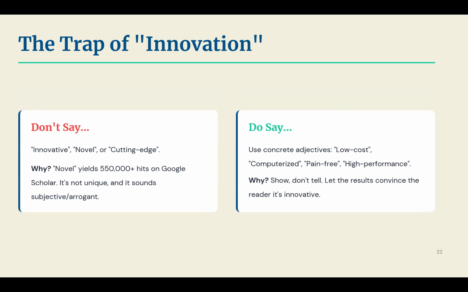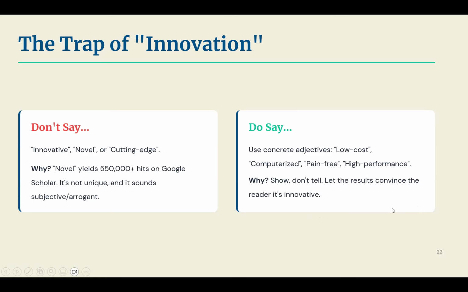Do say instead like this. Use concrete adjectives to indicate what you are doing. You can show the cutting-edge nature of your research by adding concrete adjectives to tell specifically what you computerized. When you say computerized, it's not about manual methods, right? When you talk about pain-free, it's about not so painful. They actually show your results and convince the reader that your